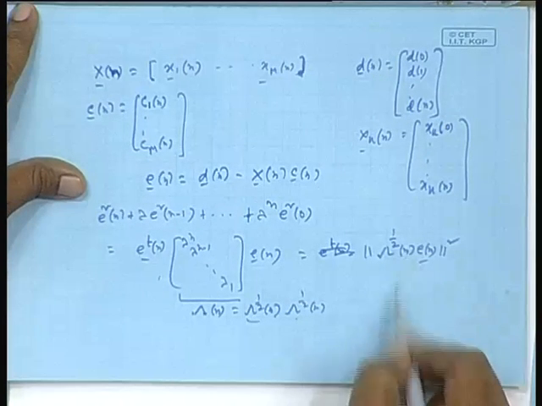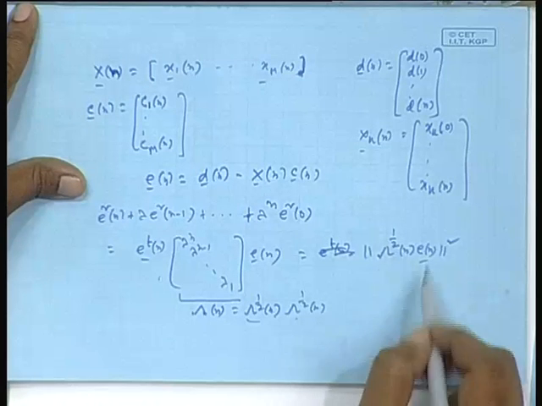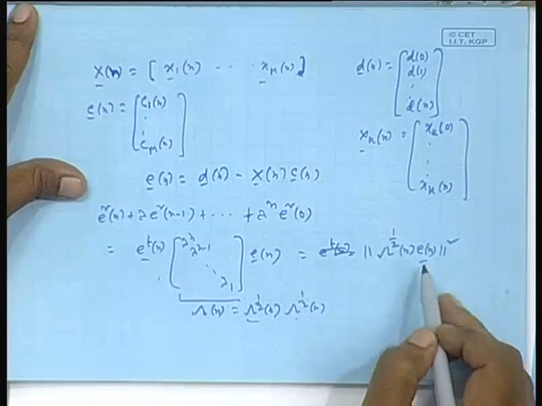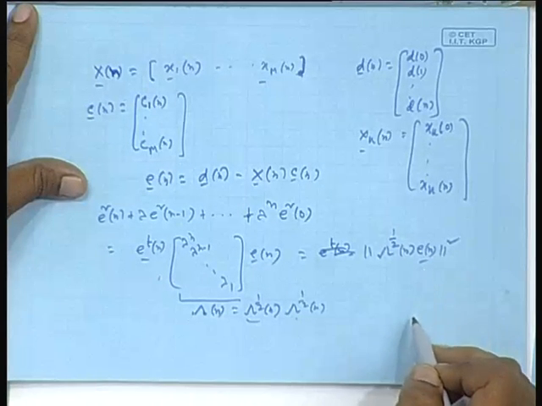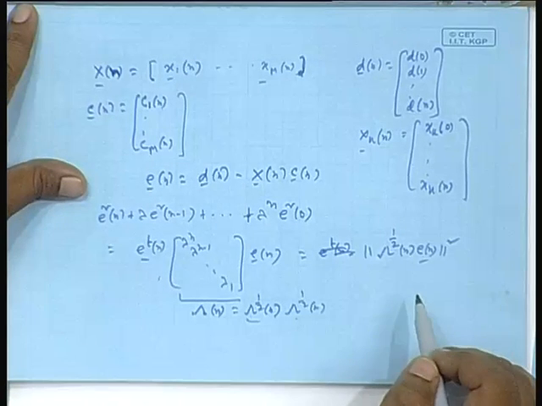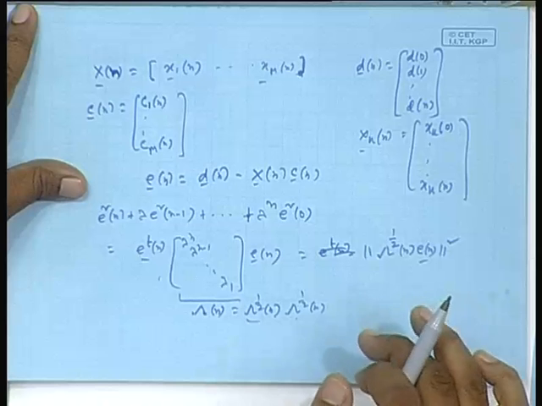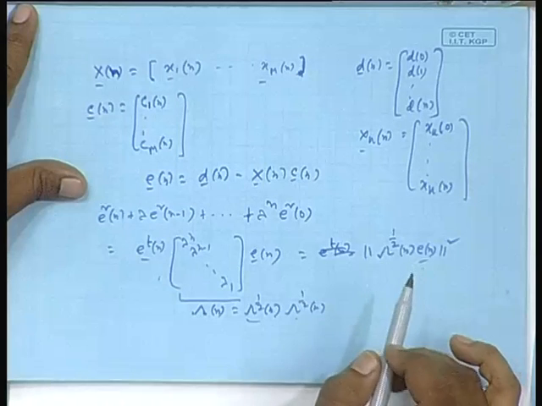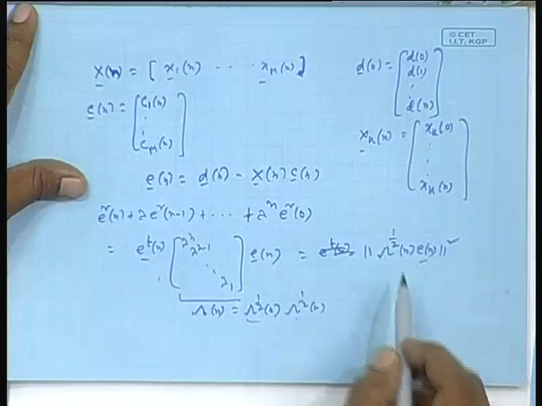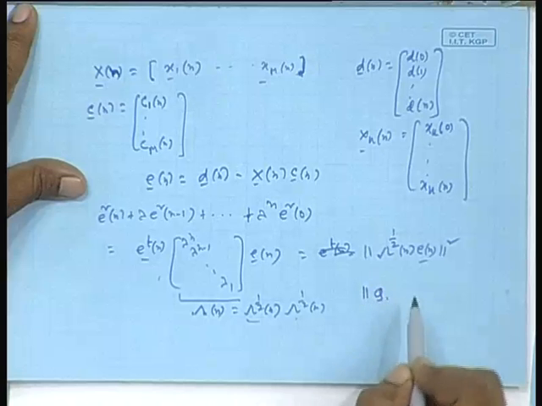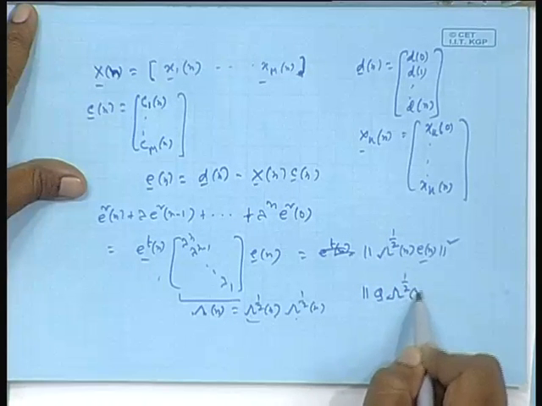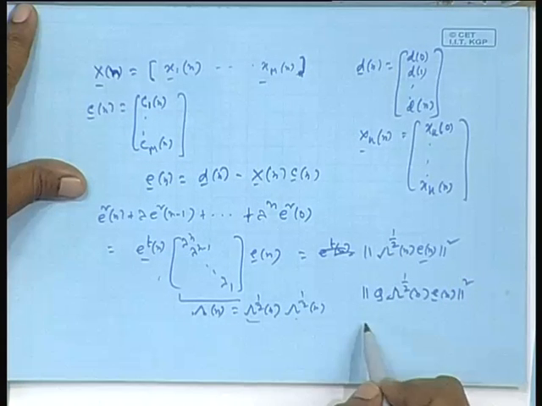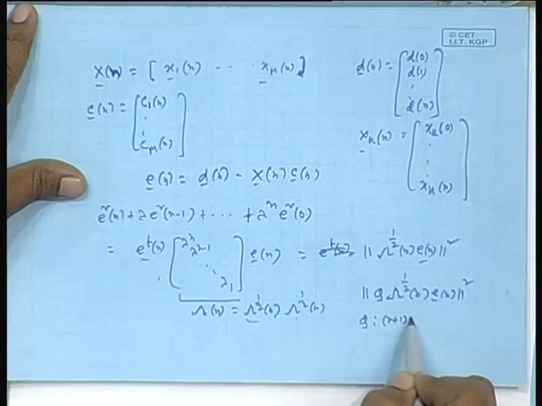The point is, if I find some unitary matrix, these are this vector, a length n plus 1 vector, E0, E1 up to En. So this is a length n plus 1 vector. Suppose I have a square unitary matrix Q, and instead of this I take this quantity Q times this. Q is a unitary matrix, n plus 1 by n plus 1.